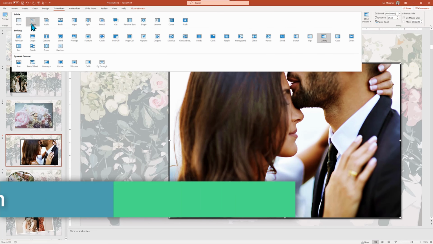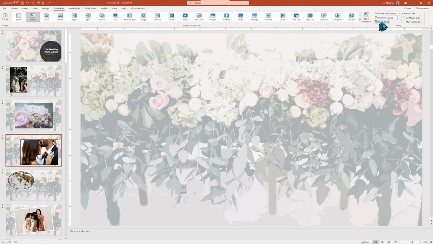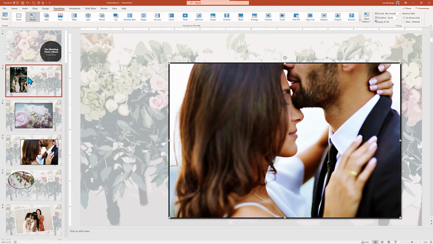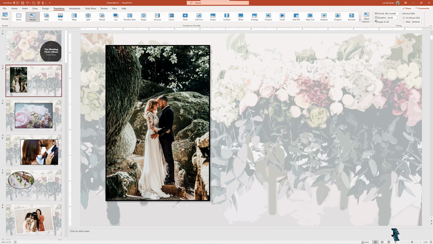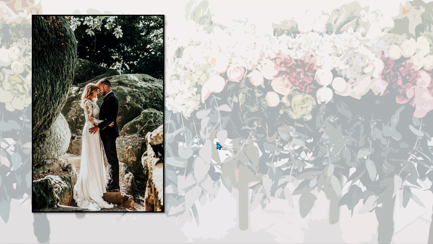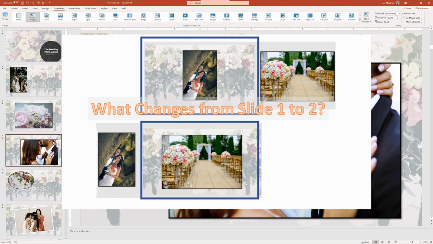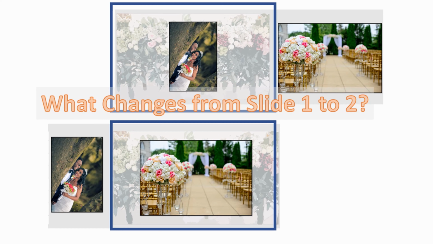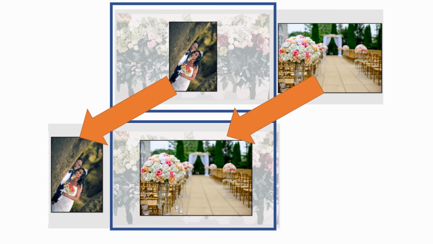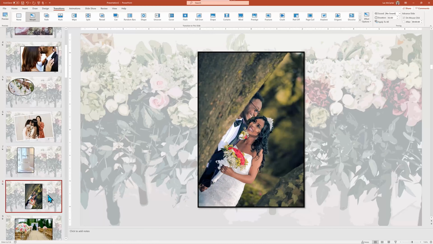I have just turned on the morph transition and applied it to all the slides. When I run the slideshow, it does not really look that special. But wait! At a high level, morph is examining the differences between two slides and will create motion to follow the object position from one slide to the next. You have to see this to understand the magic.